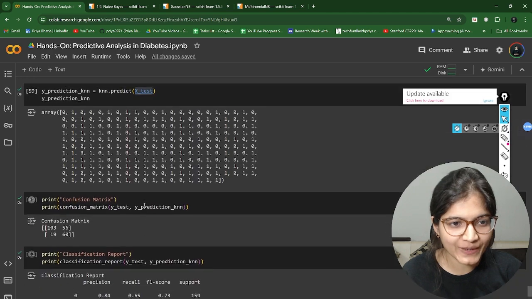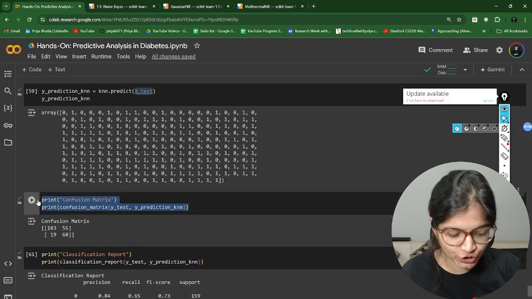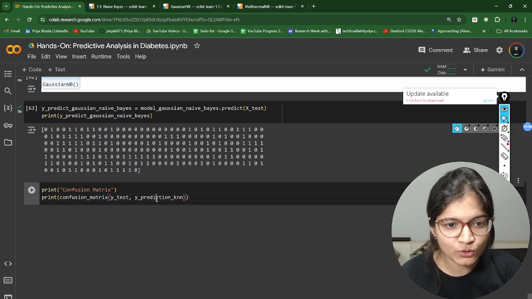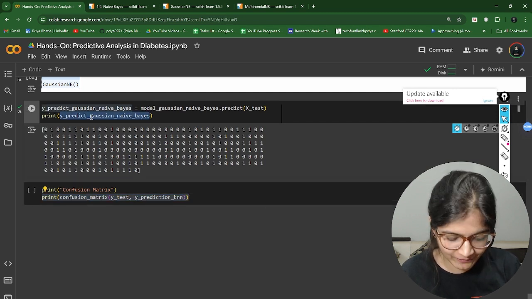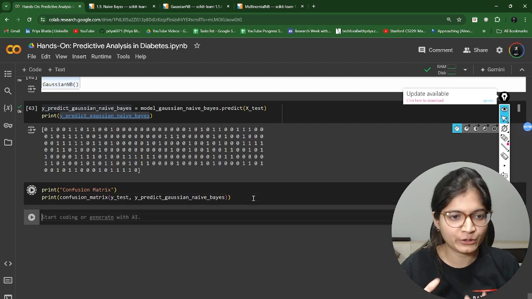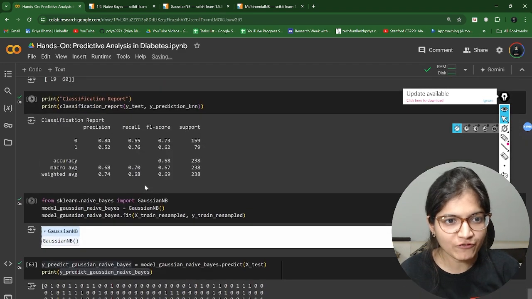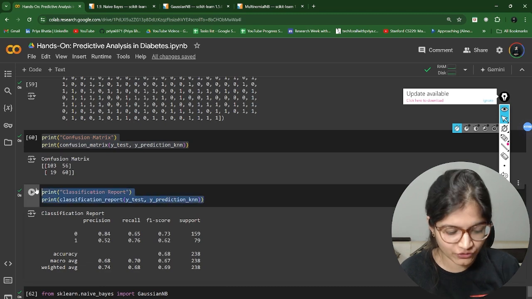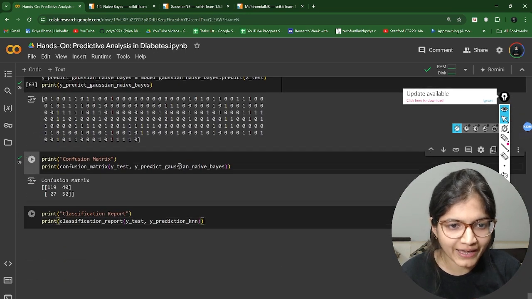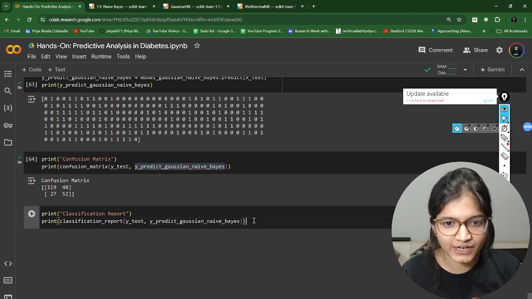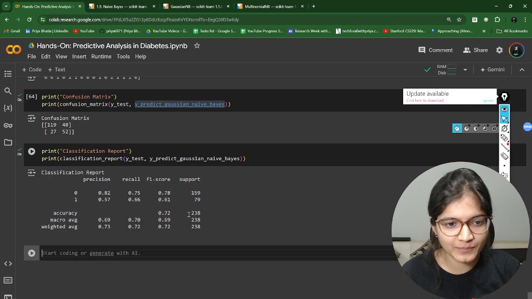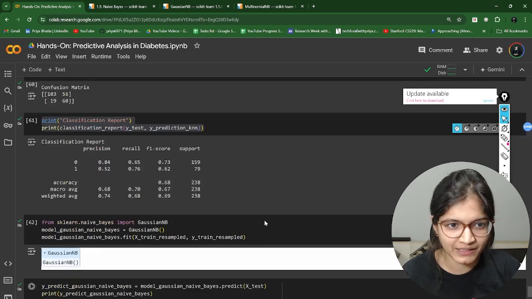Now, what we can do is check the confusion matrix and the classification report in a pretty amazing manner. y test is given to us and we have this value of y predict as well. Just write it down and you will be able to get a complete confusion matrix here. If you want to see the classification report, you can print that as well to evaluate your model. Again, what you're supposed to change is that prediction variable, which is Gaussian naive Bayes in this particular case. You can implement this part and you will be able to get that as well.